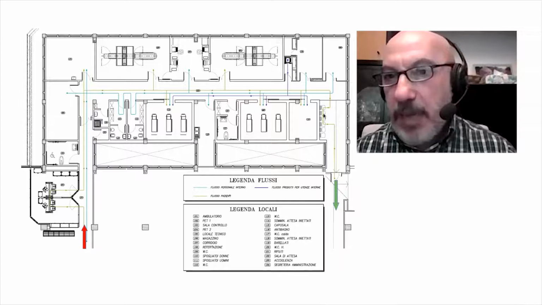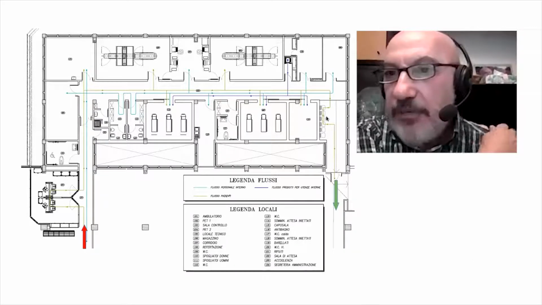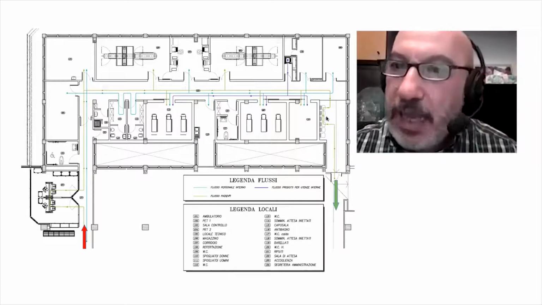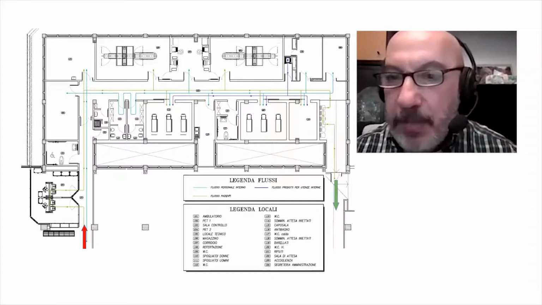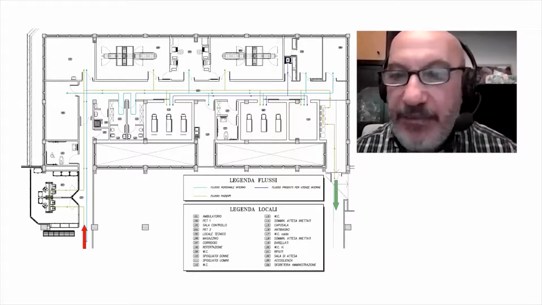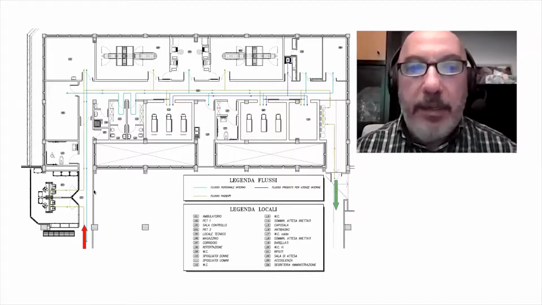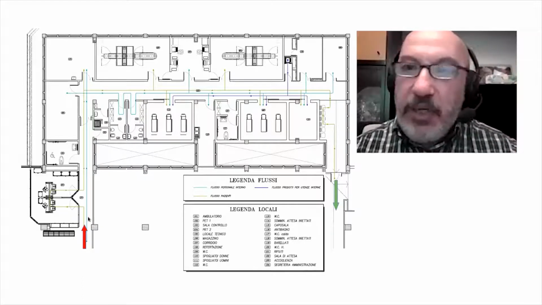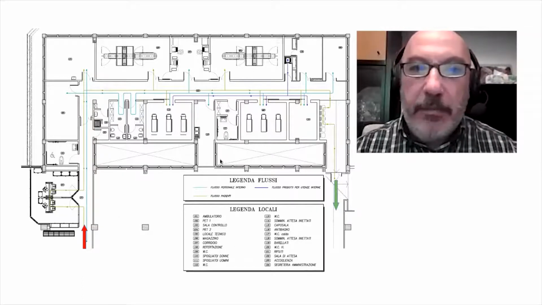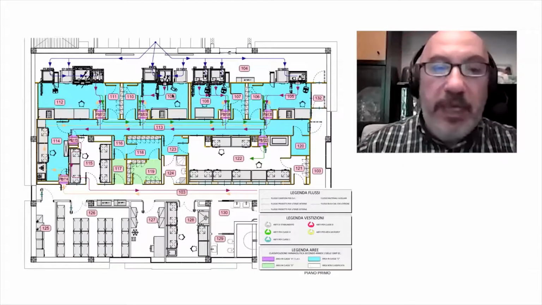Before exiting, the patient may wait on a chair for a few minutes, just to receive the initial information: your study was okay, you can go home. Then the patient exits in a completely different area, so that we don't have any overlap between the cold patient and the hot patient after the examination. And this type of drawing is particularly useful.